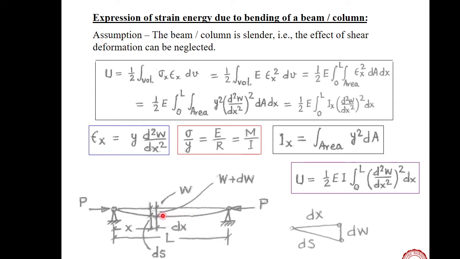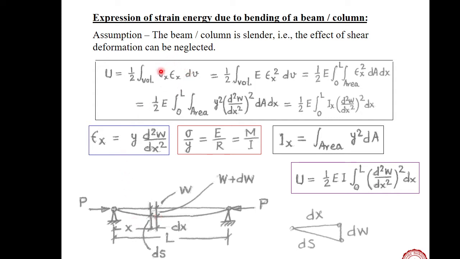So that stress and strain will give rise to this strain energy, that much you know. And you observe here what is the nature of stress. Due to bending, we have a bending stress which is in the direction of the axis of the beam, right? Yes. It's an axial bending stress. So associated with that, we have an axial strain also.